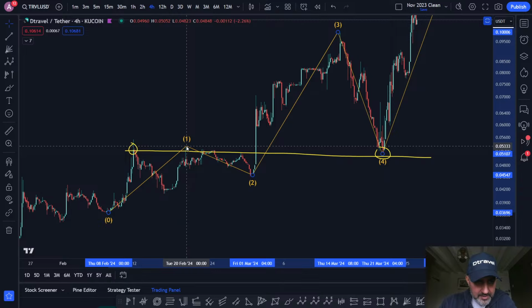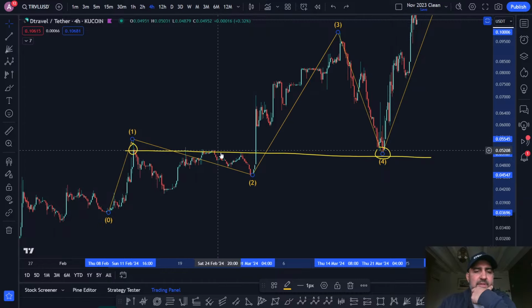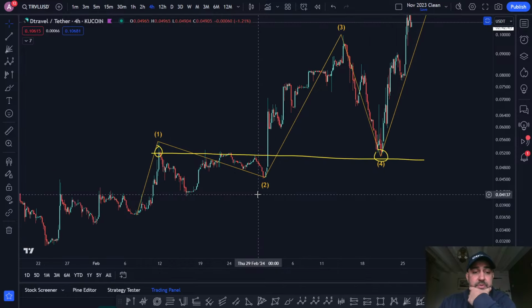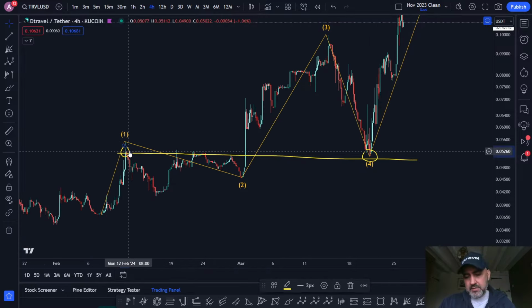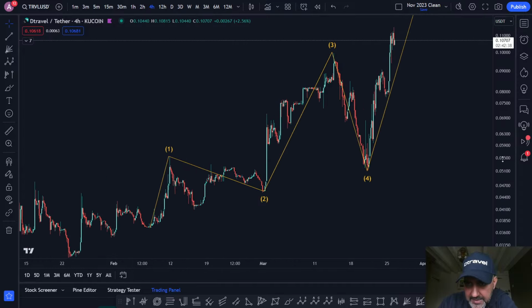No, I don't think that's correct. That looks more correct. Just some kind of extended, some kind of flat correction. I don't know. It looks correct. Right now it looks correct. Unless anyone can see anything else, but